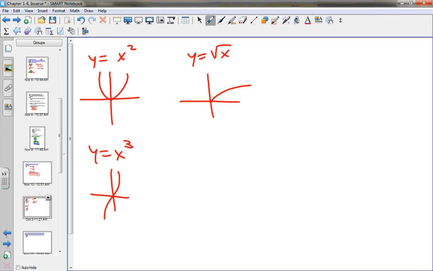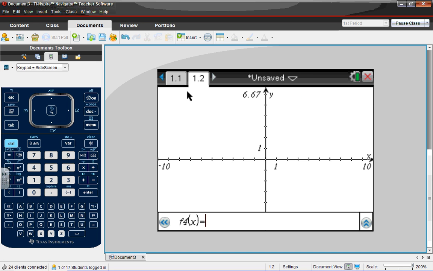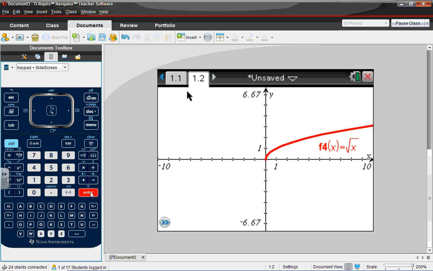It's my one-armed bandit. So if this is my one-armed bandit, does this have an inverse? Yes, it does. Now, some of you are sitting here saying, doesn't it level off and get to be the same value? It does not. When we draw one-handed like that and we sketch things, it appears one way, but it's really not. So if I graph this thing and I do the square root of x, do we see that? Now, how do I know that it continues off? Well, what can you always look at? The table,